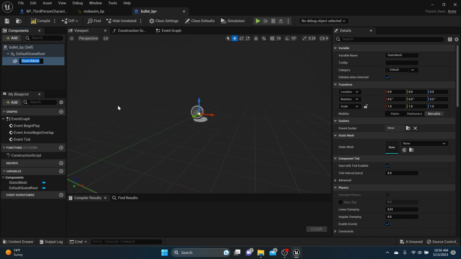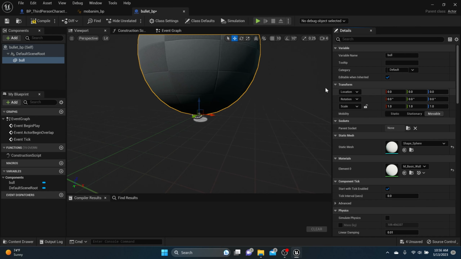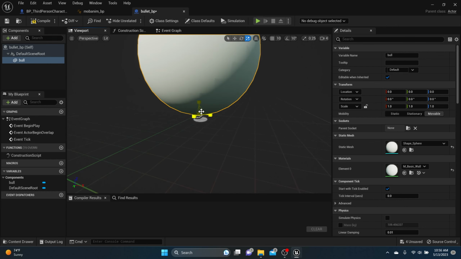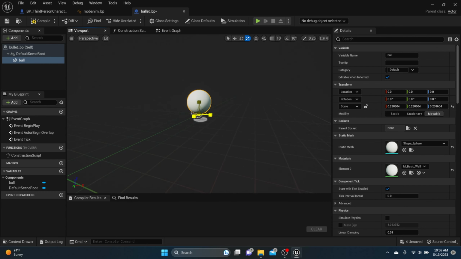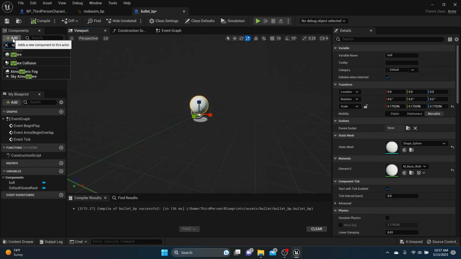And this is going to be the bullet. I'm just going to call it bull for now. And this would be a sphere. Now, you can get a real bullet in here if you wanted to. But for this example, I'm just going to use a sphere. We'll make it small so you can't really see it. You'll see it, but in the gameplay, you won't really care. So anyways, add a sphere collision around this sphere,